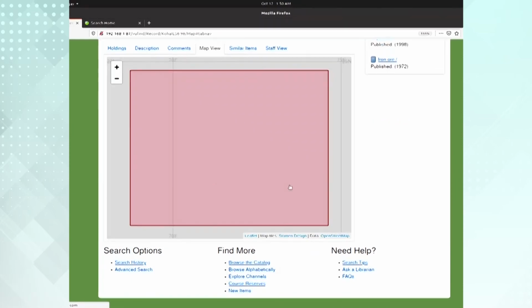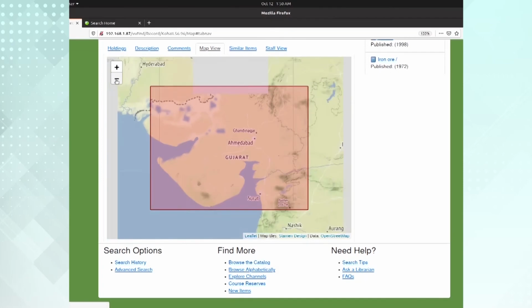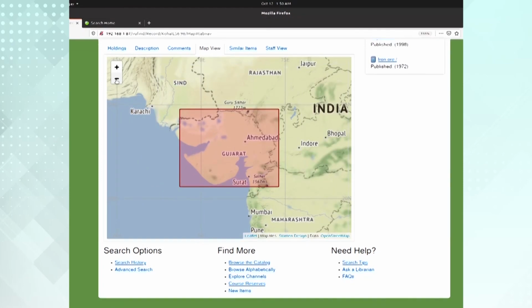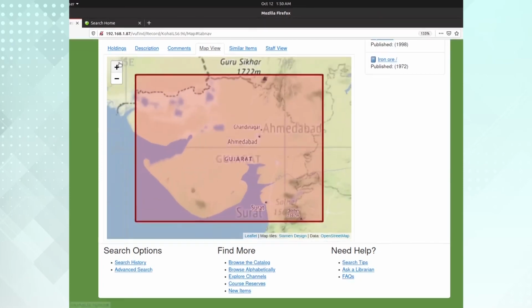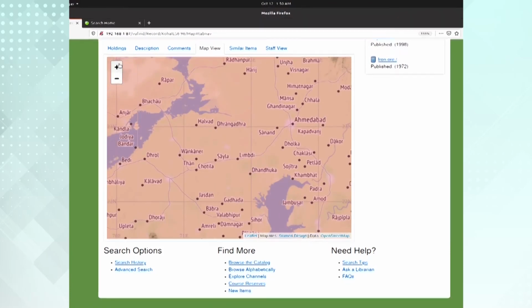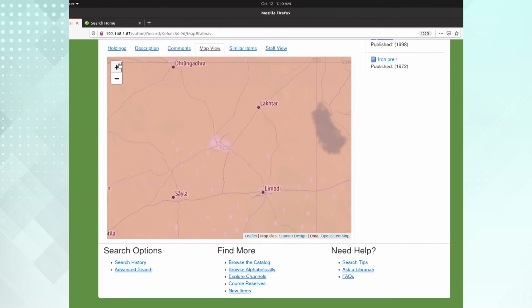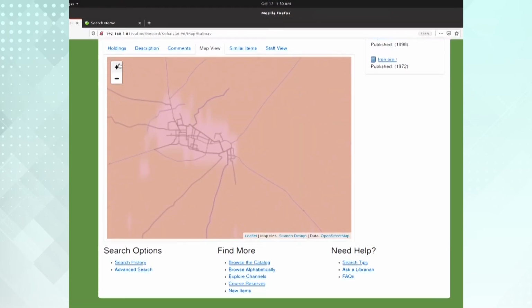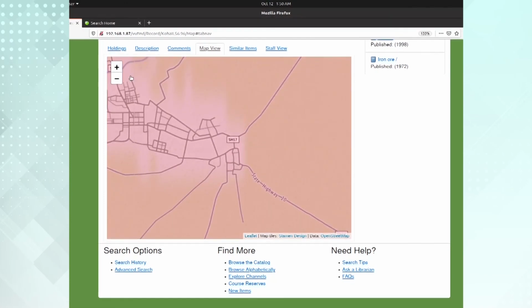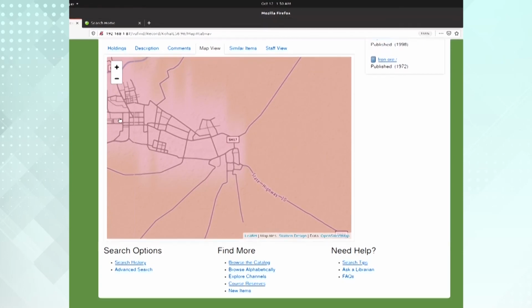If I click this map view, now it can display the map itself and pinpoint exactly where this particular document deals with, and you can zoom in to many levels. So here you can see at the road level it can also display. So in this way